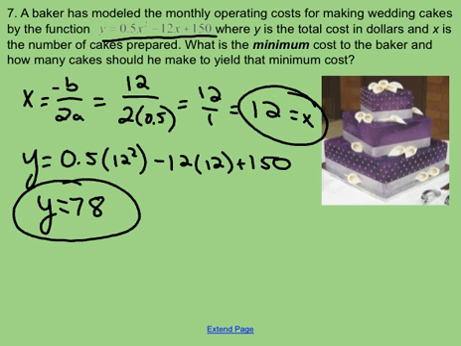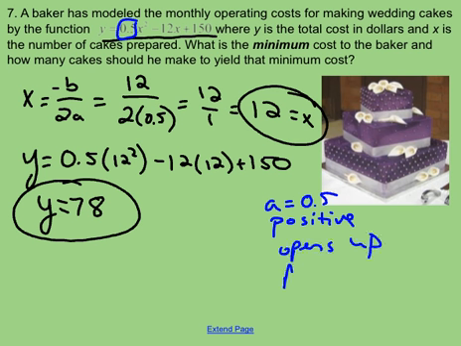One thing you should note is this a value. A is equal to 0.5. That's positive. So it opens up. So that means this is a minimum for a vertex. Because I found the vertex and it doesn't tell me to graph it, I'm already done with the problem. What is the minimum cost? That's what we found. It's our vertex. The minimum cost is $78